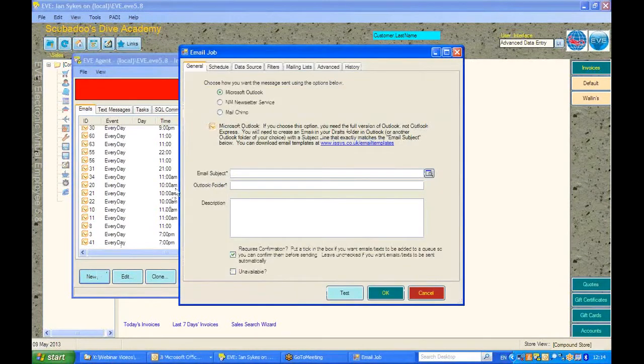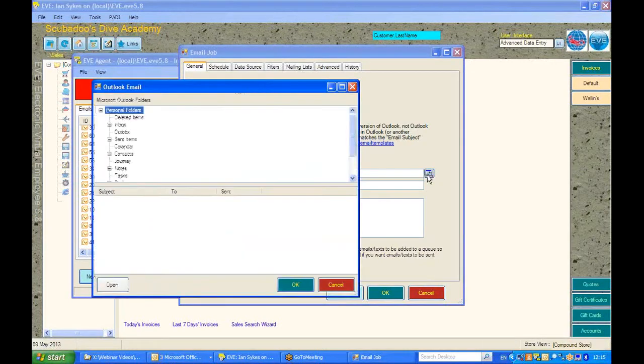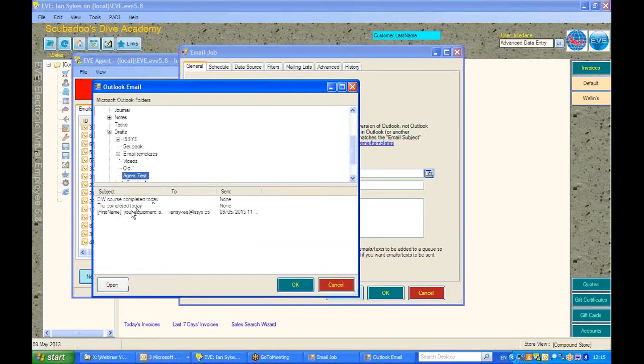So I hit the new button, and the first thing I'm going to do is to select the pre-prepared template that I have created of the email that will go to each of the customers when a regulator is due for service. And I do that on this General tab, and I click the lookup bar here to the right of email subject, and that will open up Microsoft Outlook for me, and I can find where I placed that template,